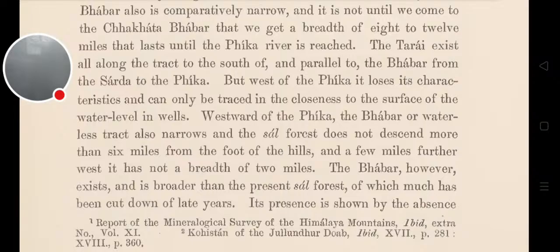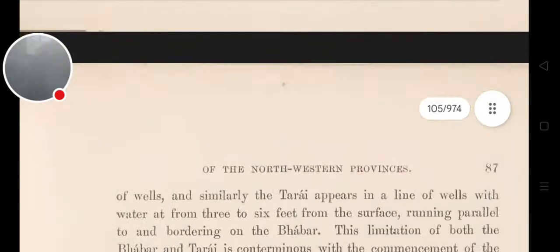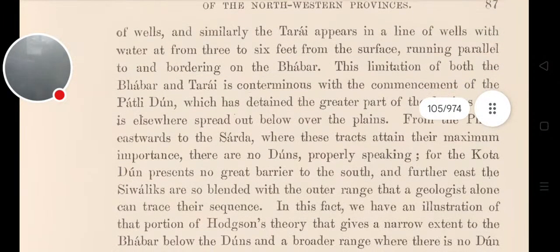Westward of the Fika, the Bhabar or waterless tract also narrows and the sal forest does not descend more than 6 miles from the foot of the hills, and a few miles further west it has not a breadth of 2 miles. The Bhabar, however, exists and is broader than the present sal forest, of which much has been cut down of late years. Its presence is shown by the absence of wells,